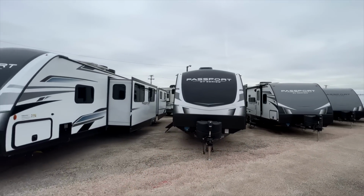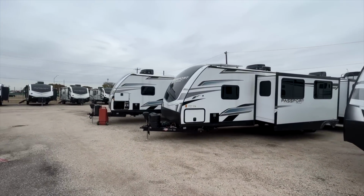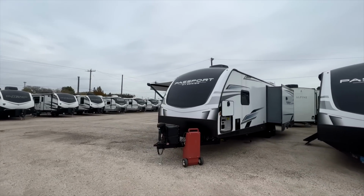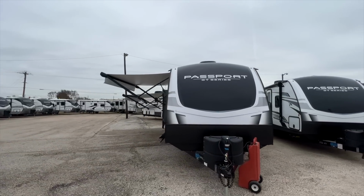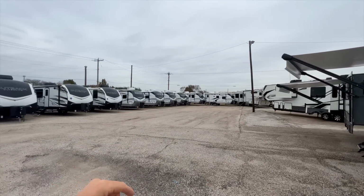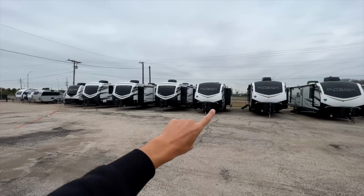Passport GT is getting you into a little bit more of a higher level trailer, but still not at a super high price point compared to other things out there. So that'll also point to, if you are looking at this and you're like, okay, I really like maybe this layout here, but we're willing to spend a little bit more money to get some more features, then something like the Cougar model over here, or maybe like these Outbacks here, where Outback has two series as well, but the